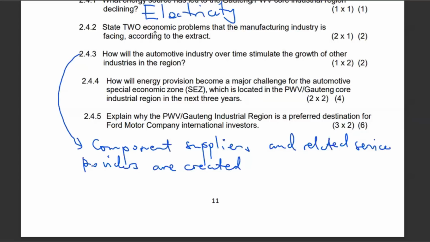If you are producing cars, we might need someone to supply us with the tires. We might need someone to supply us with maybe the other components. We need someone to do production of the other components or supply the other components to make the whole production process finalized. So it creates businesses for other component suppliers. It is stimulating other industries and also related services. Like, for example, the automotive industry is related to insurance. We need to insure those cars. We also have to find out that service providers like insurers are also finding business. So it stimulates